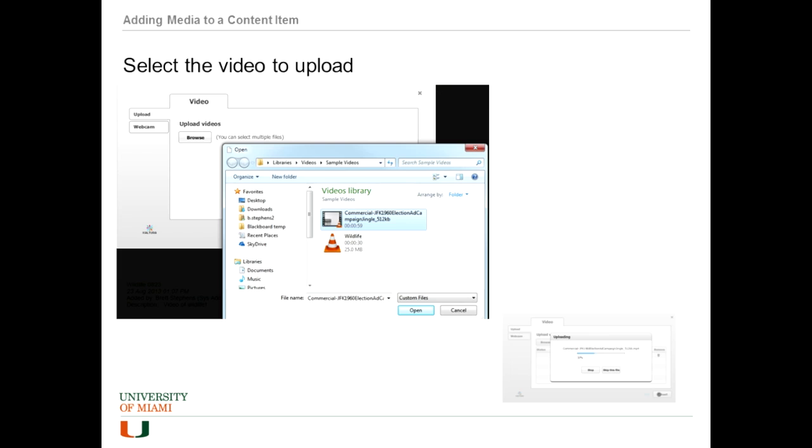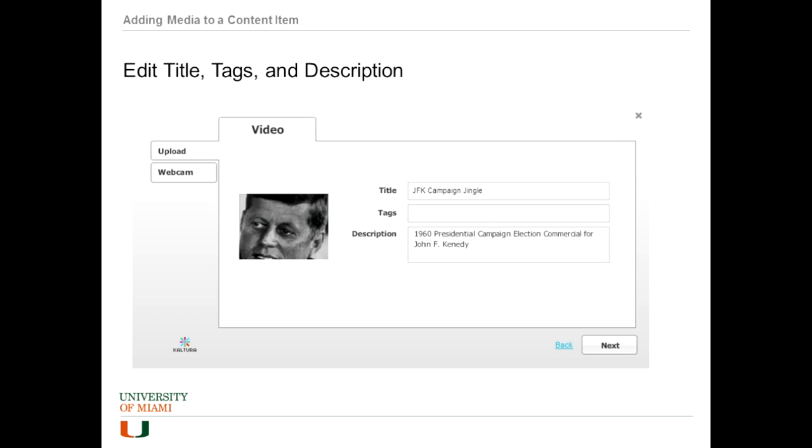And once we select to upload a video, we just go there and select the video that we're going to upload. And then you'll see here it has a little crawl to show you the percentage that's uploaded. If you're uploading a very long video file, it may take a while, and then you'll have to check back on your computer to make sure your upload went through properly. But smaller videos, it's very fast. They use some of the best content delivery networks out there to get this video content to your students. And once that's done, we can go through and edit the title of the